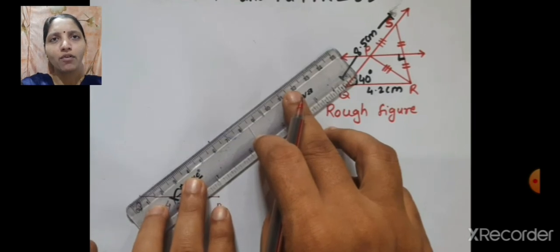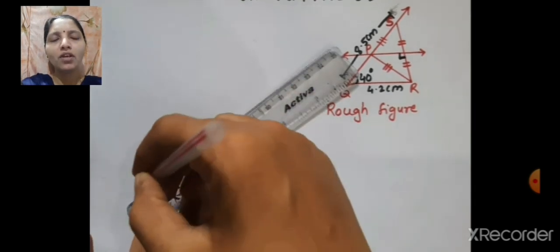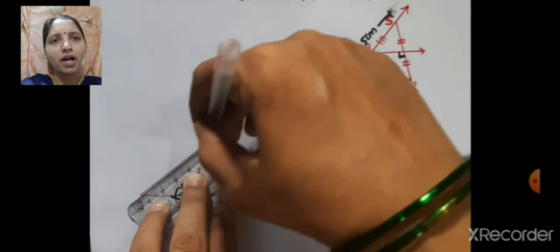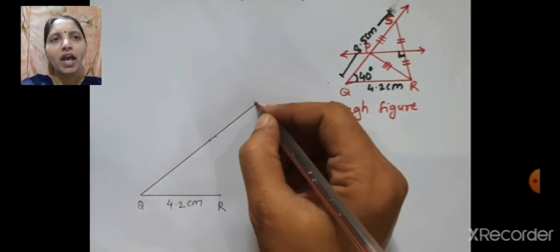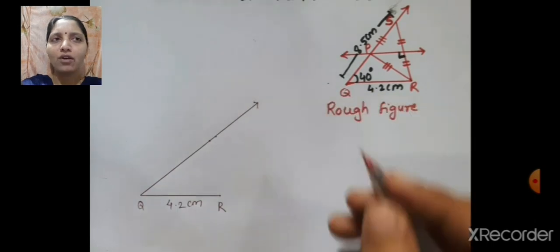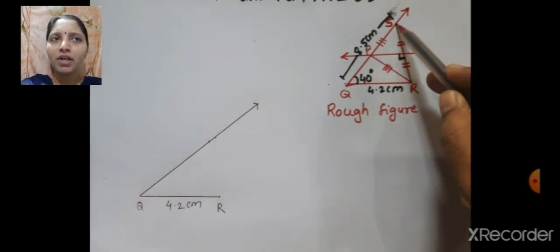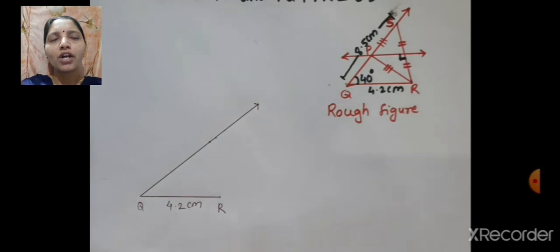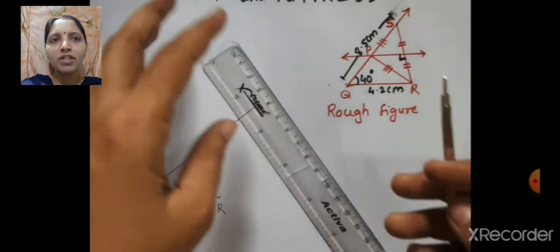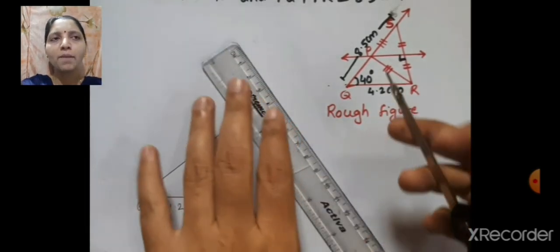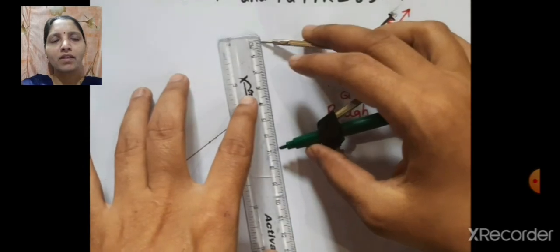So with the help of scale you are going to draw the mark, and you have to extend that ray this way, and you will draw here arrow. Okay, on this ray we have to take 8.5 centimeter distance. Okay, so accordingly your ray should be bigger enough. Okay, so you have to take 8.5 centimeter distance in the compass this way.